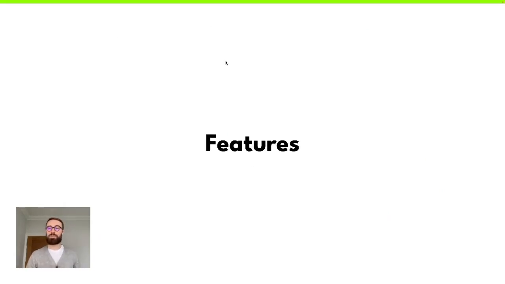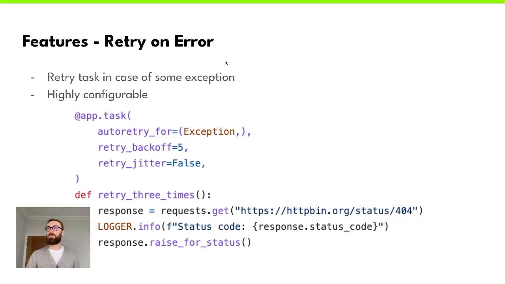So what are some of the features of Celery? One of the best features that I've been using a lot is actually retry on error. You can retry a task in case of some exception or some error. Here you can see that the response we get from httpbin is 404, and there's an error. So we raise for status, and by default, Celery can retry 3 times, and you can see